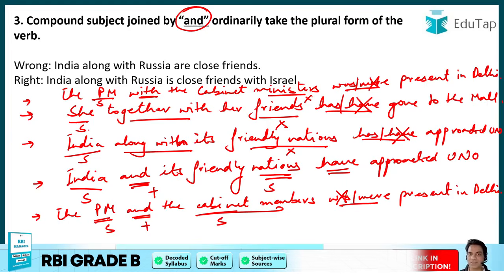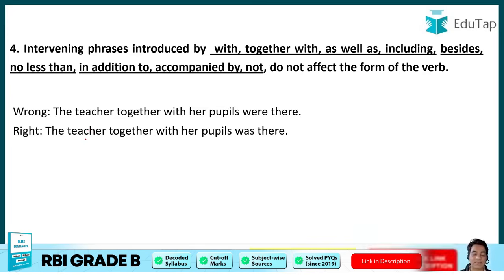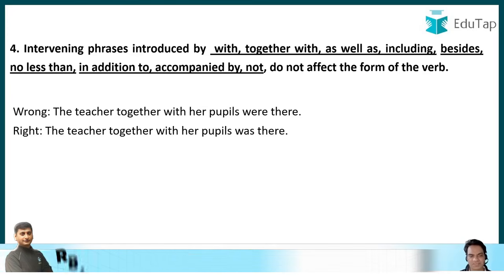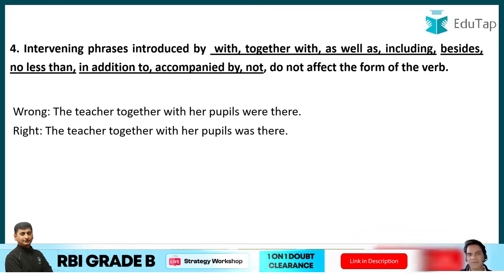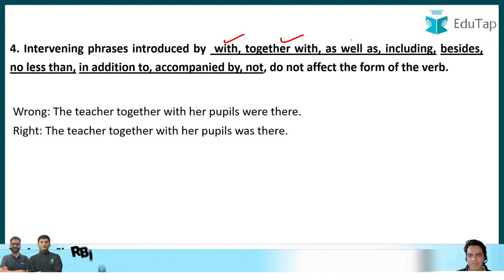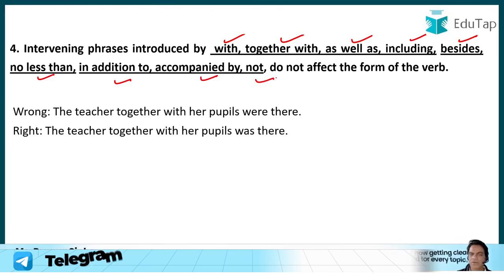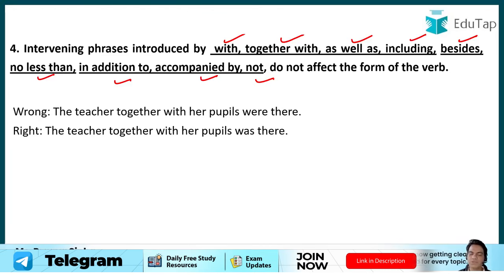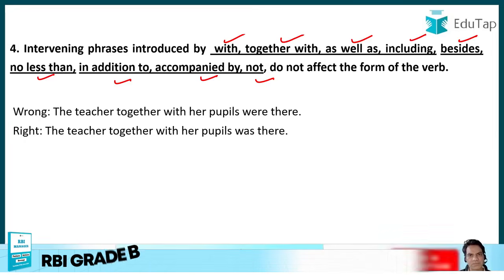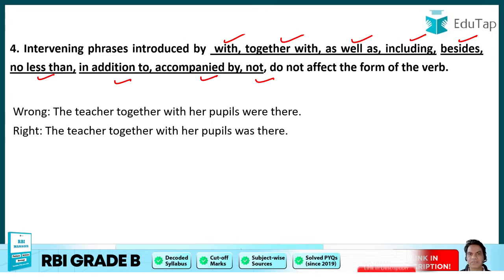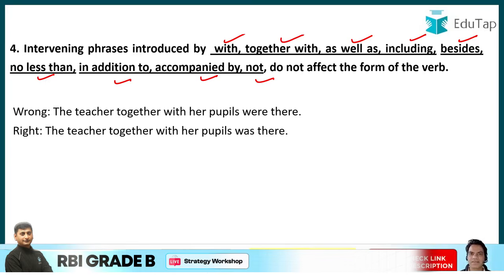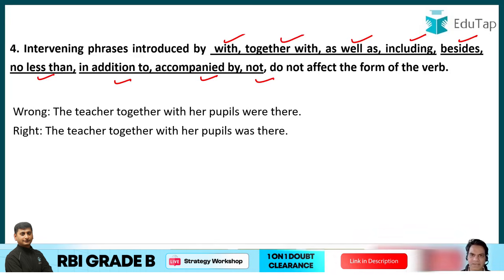Very good, guys. So this is, I think, a new concept that you've learned today. Now guys, see, instead of teaching you this rule, I've already taught you the concept. Now this is another rule that you will find in the books, but instead of cramming all other conjunctions like with, together with, as well as, including, besides, no less than, in addition to, accompanied by, not, and there are multiple other conjunctions, you only need to remember one word, which is "and". So there is only one word in English language that can create two subjects in a sentence, and that conjunction is "and". No other conjunction can create two subjects in a sentence. Can you remember that? Answer me in the chat box, guys. Yes or no? Can you remember this rule?